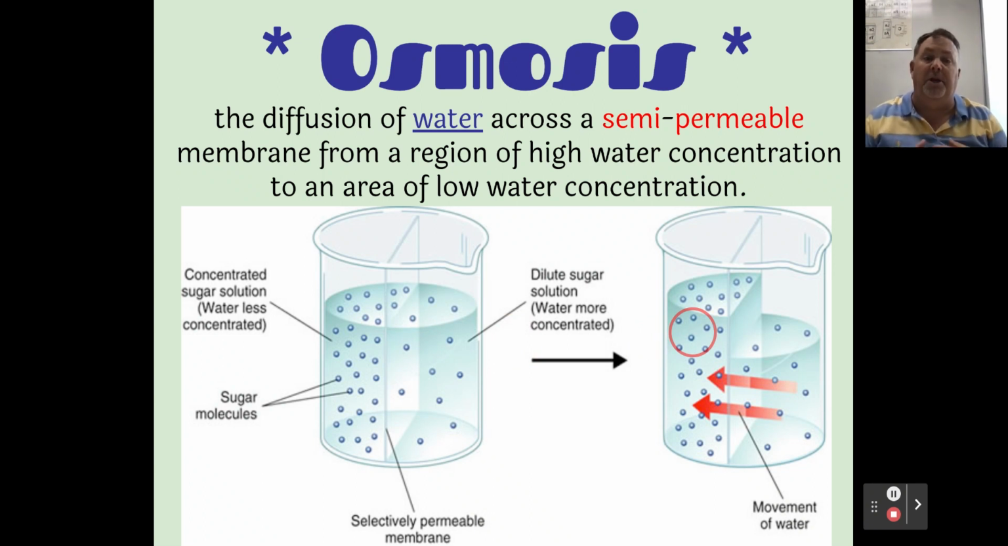Now, the easiest thing would be for the sugar to just move across. But what happens if it's too large and it can't? The only thing that's small enough in that case is going to be water. And that's why you see the arrows going from, in this case, the right side to the left side. In that case, what's going to happen to the other side? It's going to drop as far as its volume, and the other side where this membrane is located, the volume will increase. Hence, you're seeing the movement of the volume increase on the left side of this